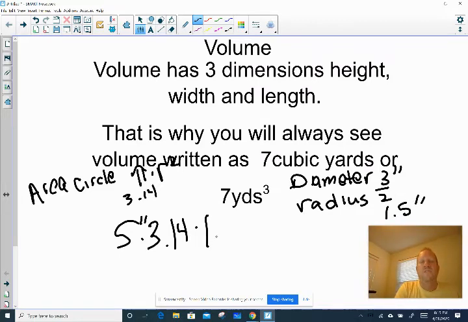So now I have all of the measurements that I need. I have my height times pi times my radius. So we're going to plug it into a calculator. I'm going to use my trusty calculator, just like you guys will use. So I get 5 times 3.14 times 1.5 squared. We square the radius. And that gives me that there are 35